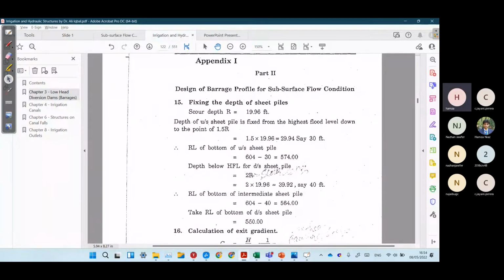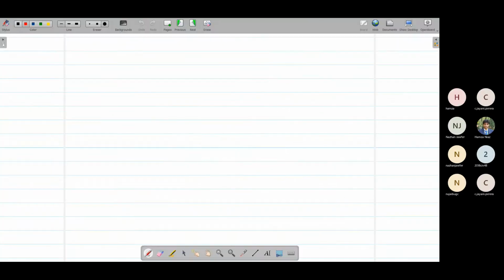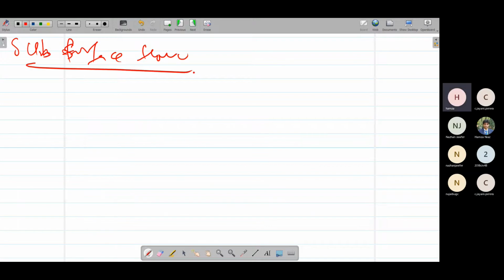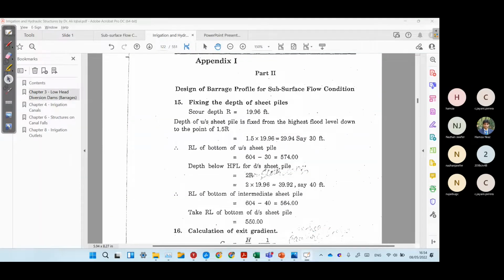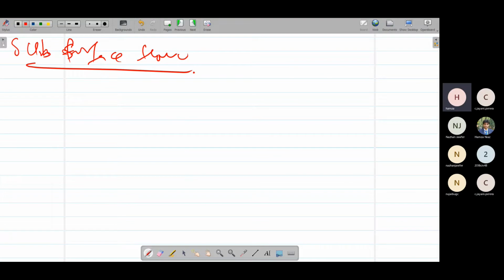Now, the major difficult thing for the barrages: this was all for the surface flow. Now we are going for subsurface flow. For subsurface flow, for example, if we have this barrage like this,